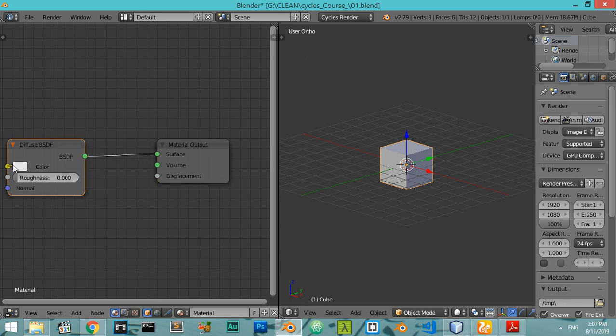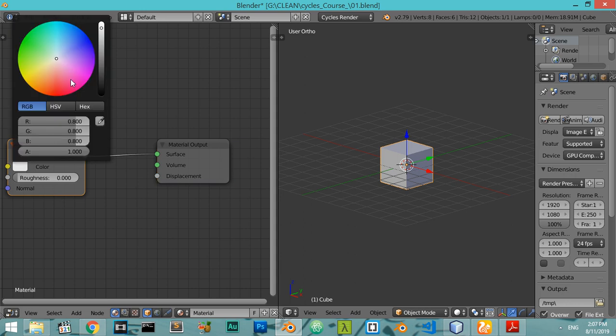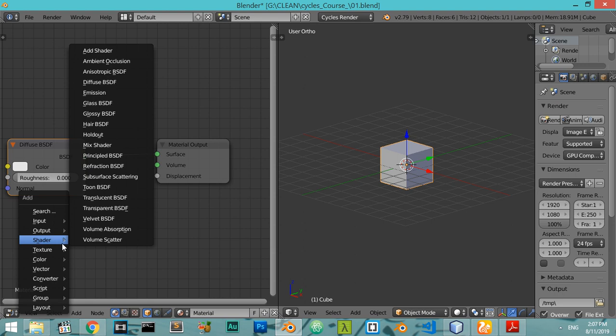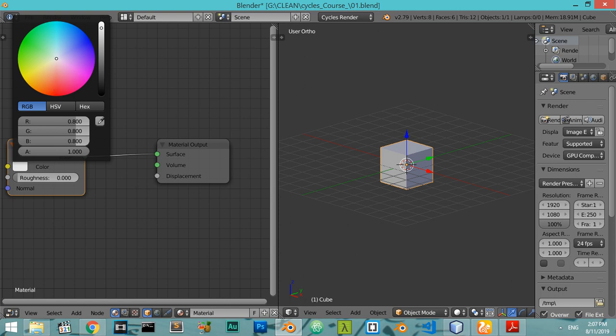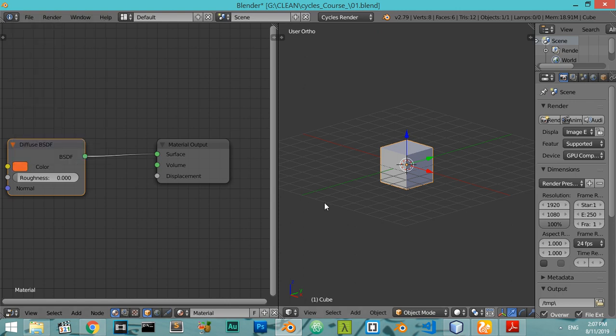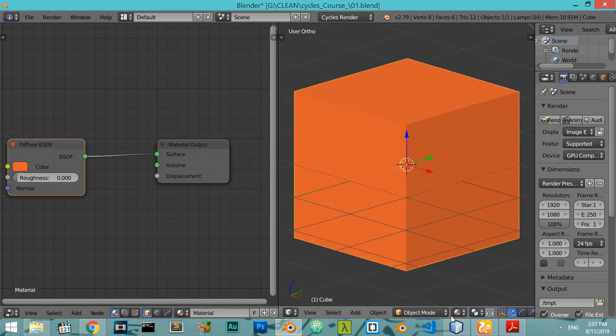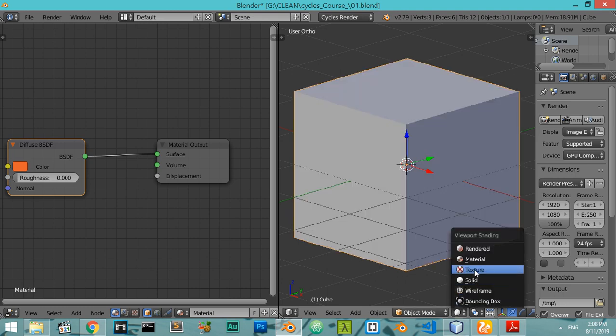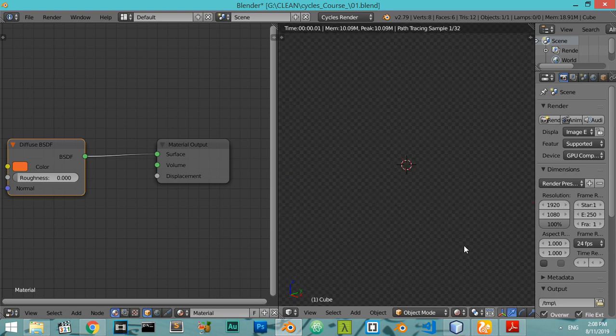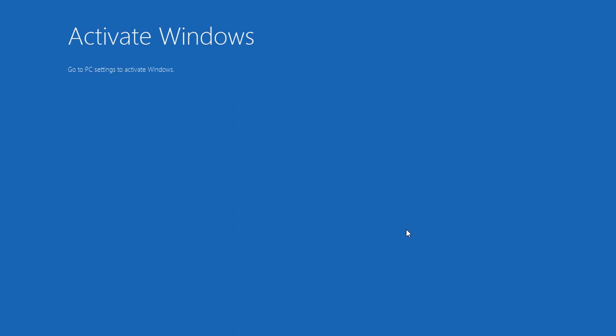So here is the diffuse, which is a shader, and there are a lot of shaders here. All these are shaders that you can choose, and the diffuse is a plain color. You can choose the color as you like, and it will be shown on our cube. And here is the viewport. You can choose from bounding box to wireframe to solid to texture. If you have a texture, it will be shown in material or in render. But in the rendered mode,